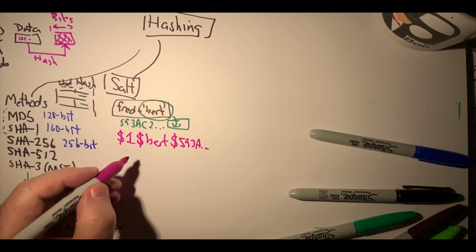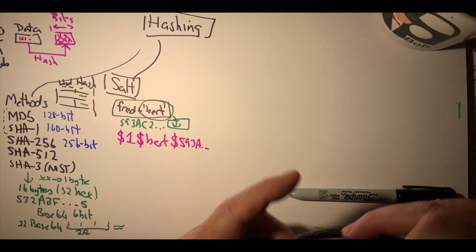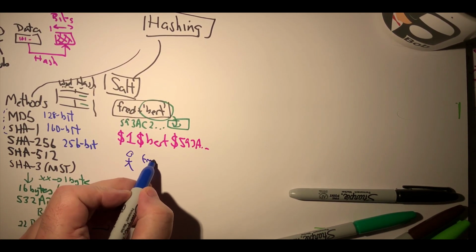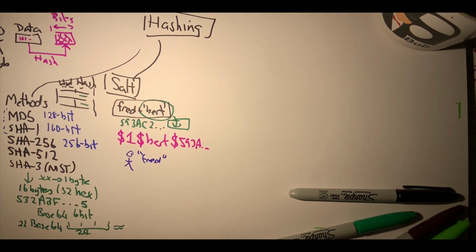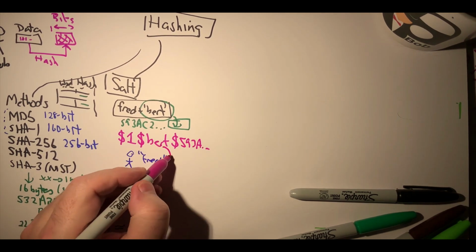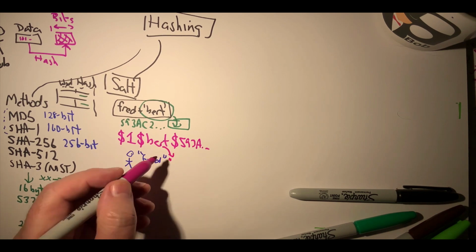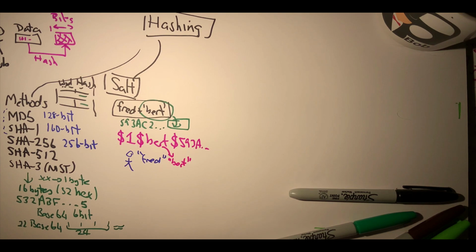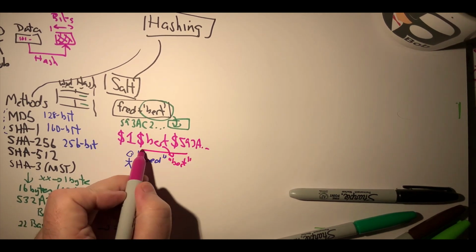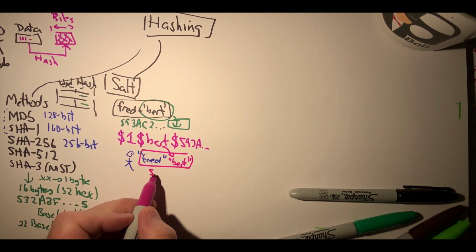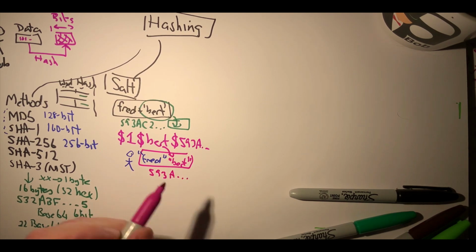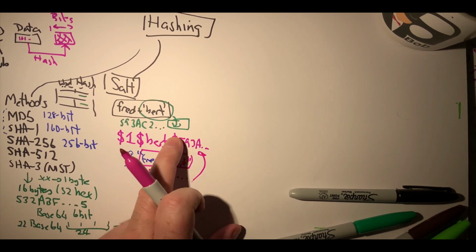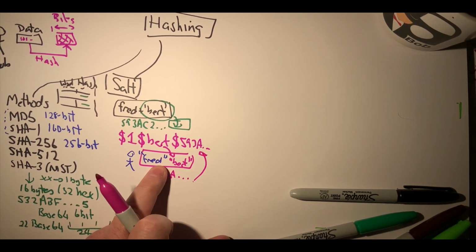So when the user, Bob, logs in, they provide their password. Then the system will take the random salt and add them together. Then take the hash of that, and in this case we should end up with this hash here, and the system will compare with the hash value generated,